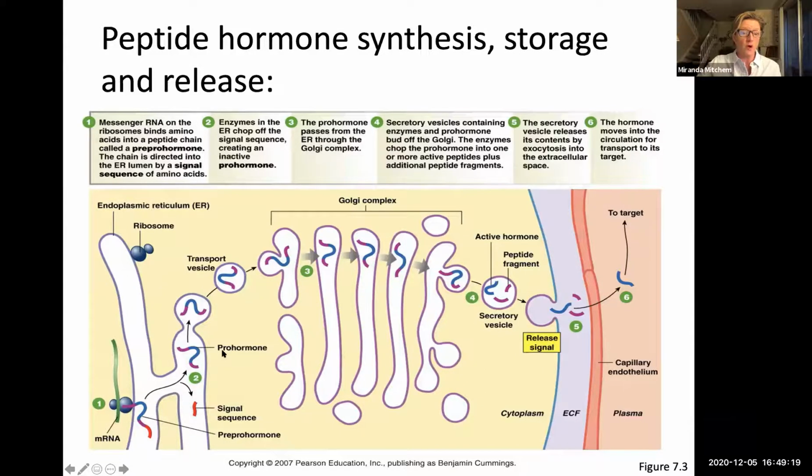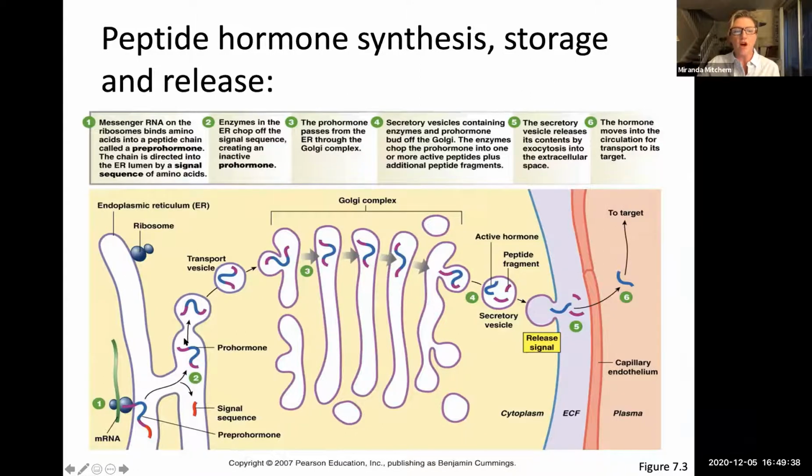Next, so now we're just a prohormone. We've lost the signal sequence. That's what the pre means, the signal sequence. And I think of signal sequences just like a zip code. They just help to direct the pathway of travel. What happens next is the